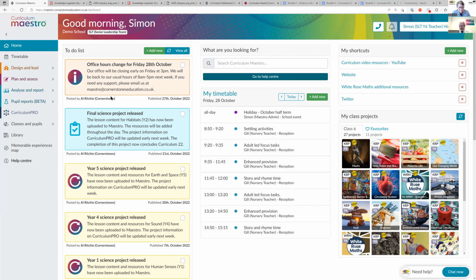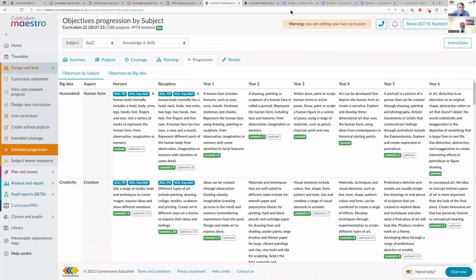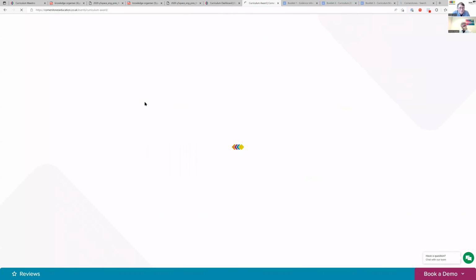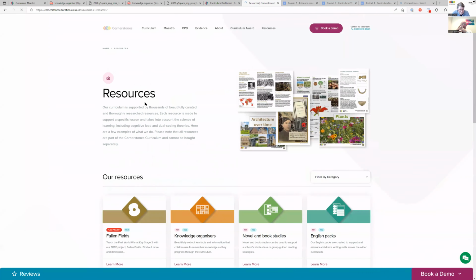One of the tabs displays resources. Are they free, or is it part of a contract or license you have with the school? You must be talking about the website. Yes, I am. Back to the website. So let me go to the website, and you must be talking about the resources tab here. Yeah. So if we look at our website, we do give away free resources.